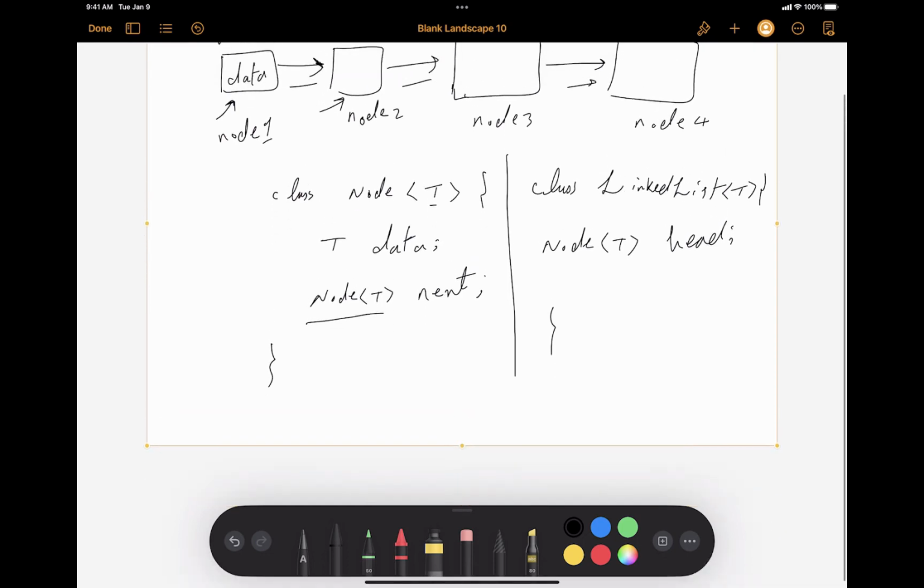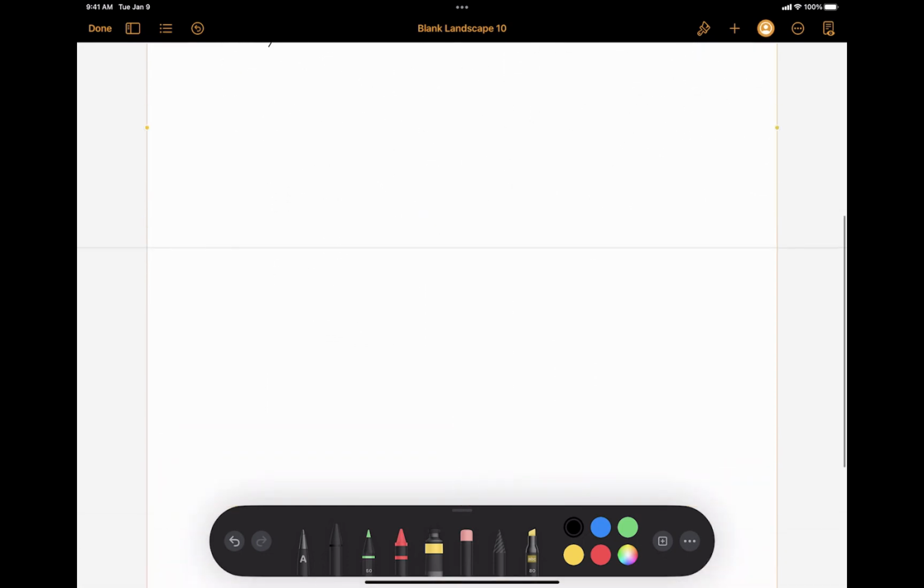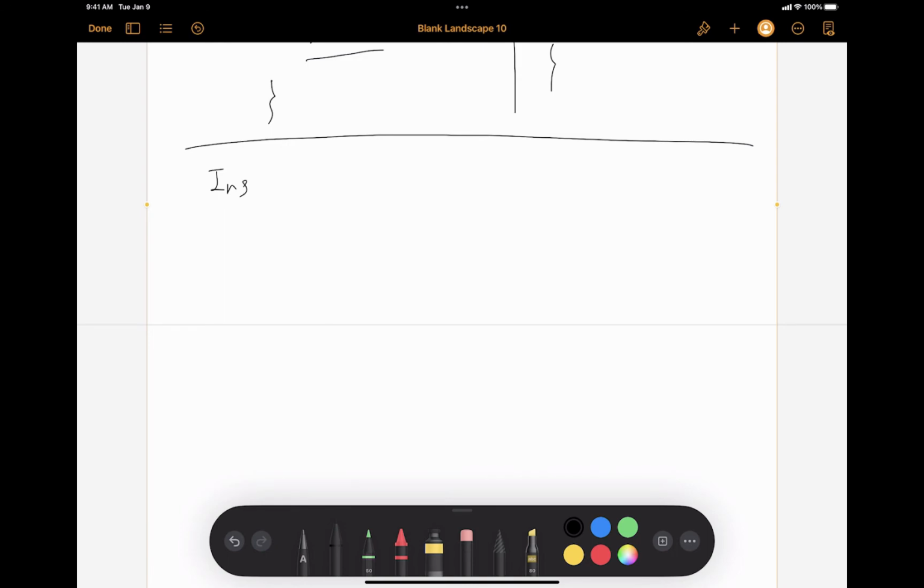So let's see together the different operations they might have. The very first one is to insert a new item into the linked list, which is insert front, or what we call push front. Or what if you want to insert at the back, or push back? So let's see this one for both the front and back